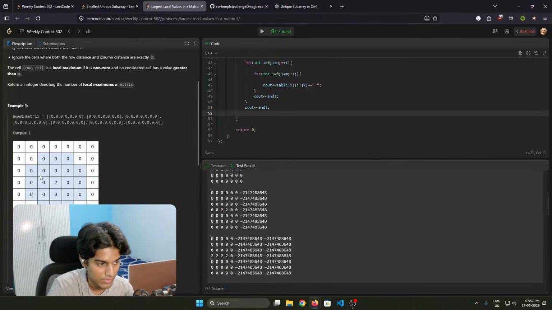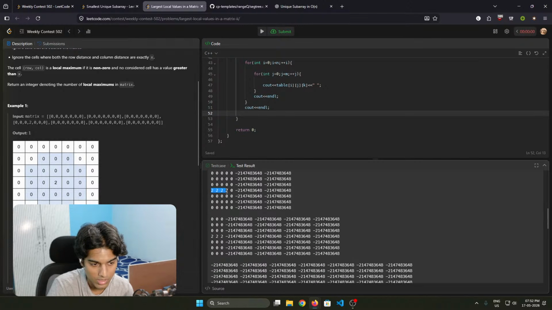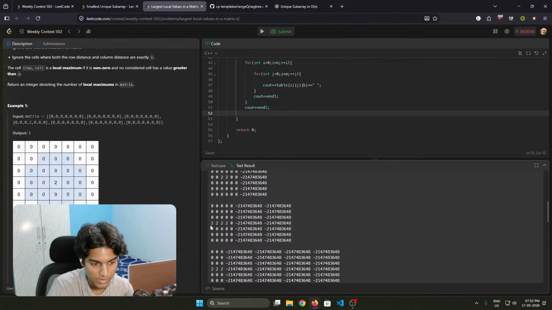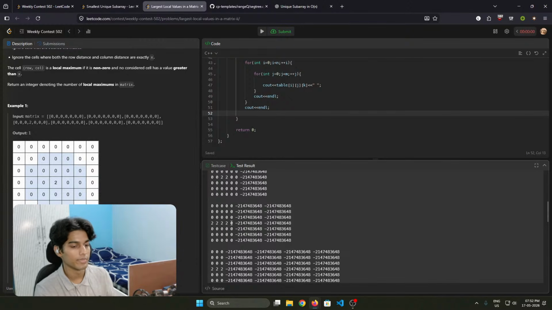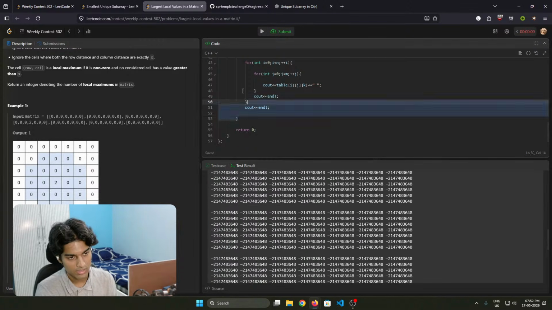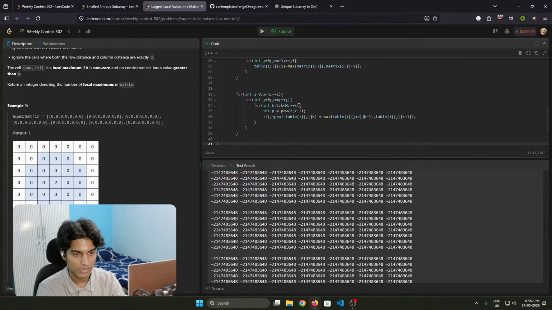No issue with maximum as well. So for this 2, for this 0, the maximum at 2 to the power, I mean 1 length is 2. So this is a good one. This is for 4. Okay, so we made the table. Okay, the table is correct. Now what we have to do is